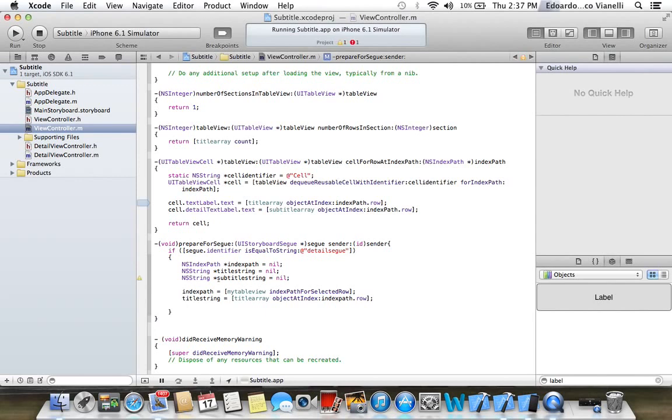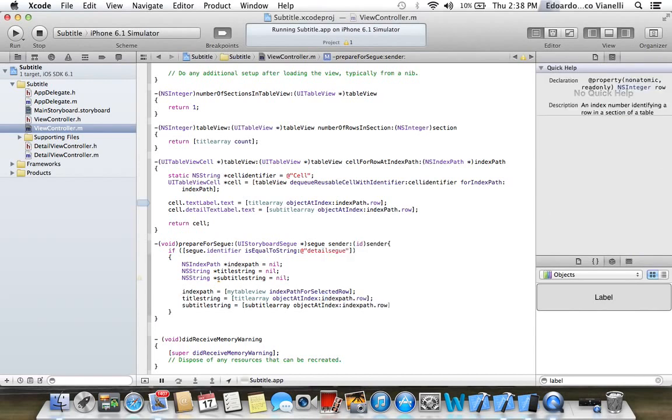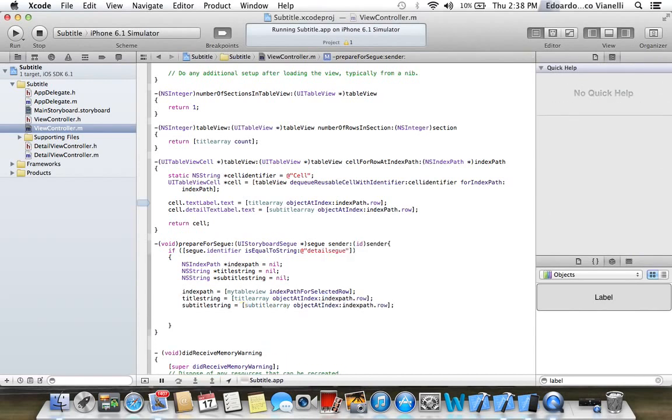You need to do the same thing for the subtitle string, equals subtitleArray objectAtIndex indexPath.row. Then segue destinationViewController set